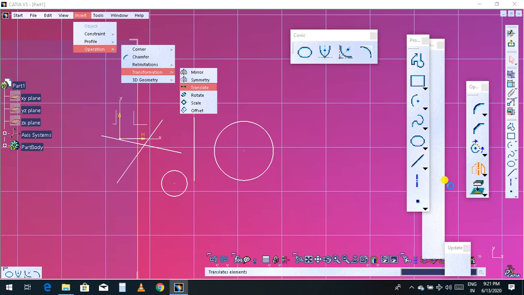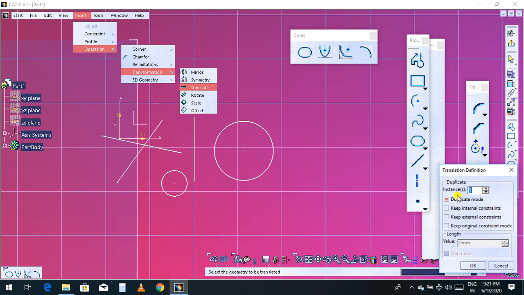So click this translate. Now you can see the number of copies I want to move. I have given one. Now here it is duplicate. If you click this duplicate mode, it will give only one copy, and the previous original part will be deleted. Click OK.